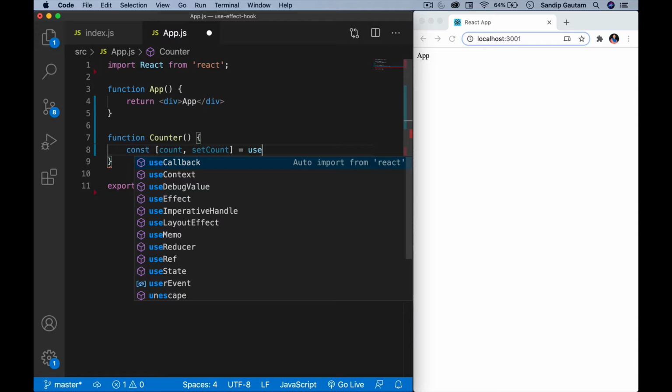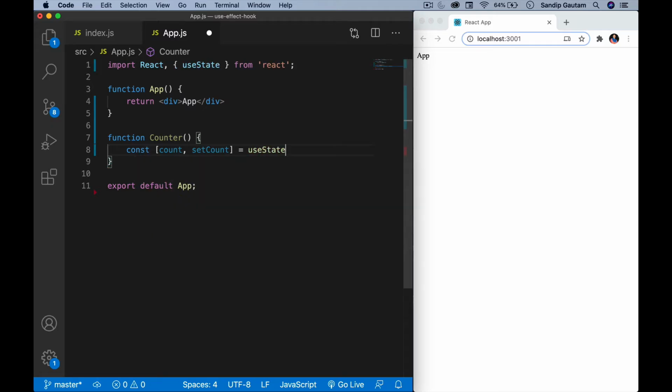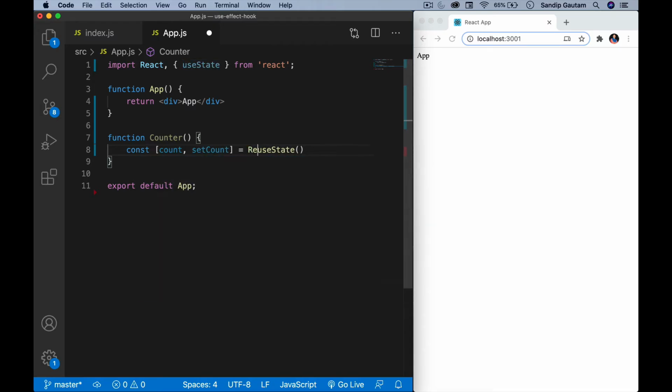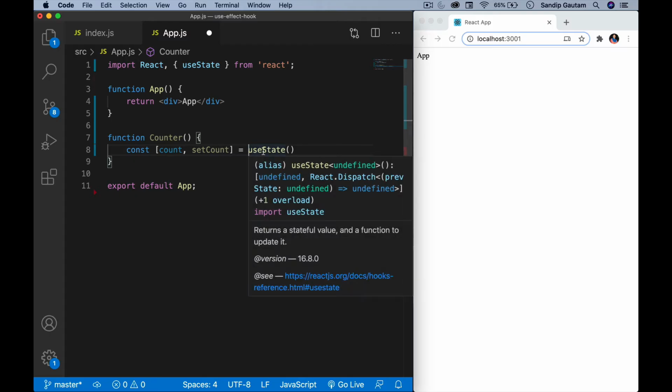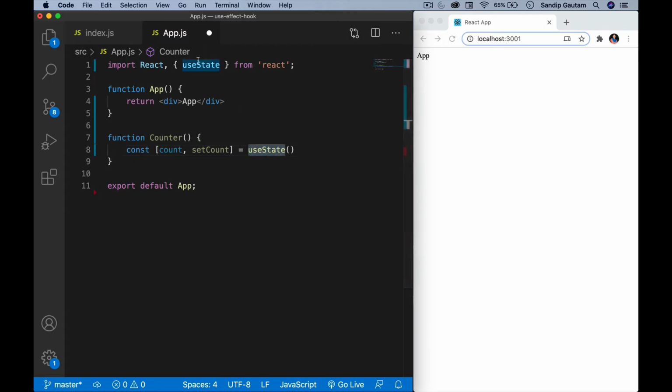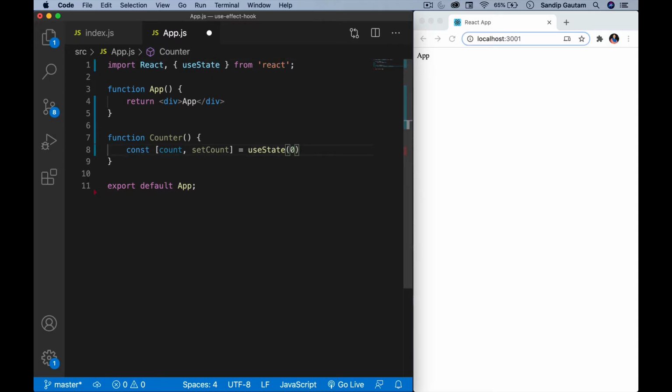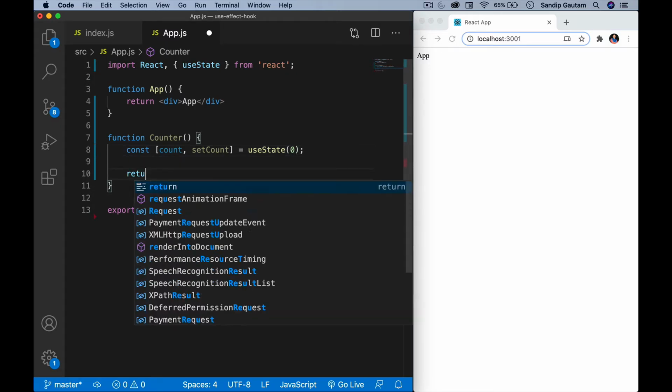Now I'm going to use useState. I can directly call useState, and you see here, it got imported. In the case of CodePen, we have to write something like this, but when we are using the React development environment, we don't need to write it like that. We can directly use useState and import it like this at the top. I'm going to keep its initial value as 0,